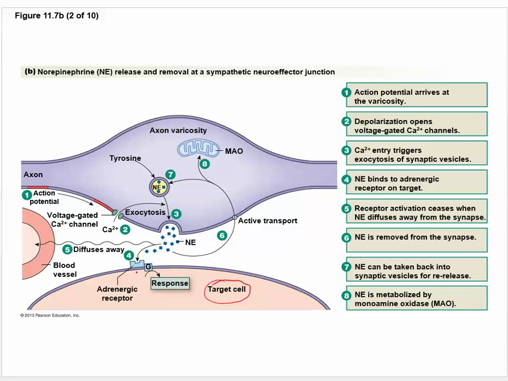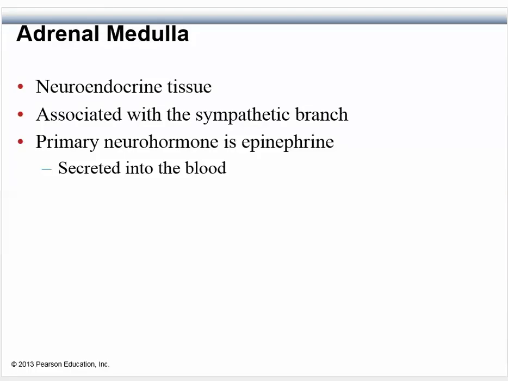The only thing really important about this is that you can see these things are spread all over the smooth muscle. It causes the muscle to do whatever needs to be done. It depends on what kind of adrenergic receptor it is. Remember, we had the alphas, we had the betas. It might cause it to relax in one case, or it might cause it to constrict in another case. It all depends on what's needed at that particular place. Now, that's neuronal control.